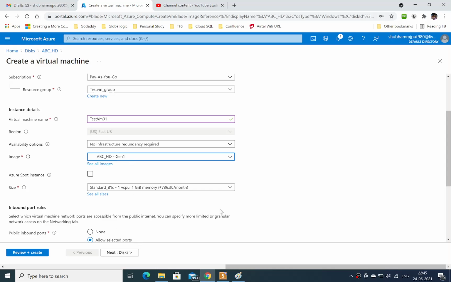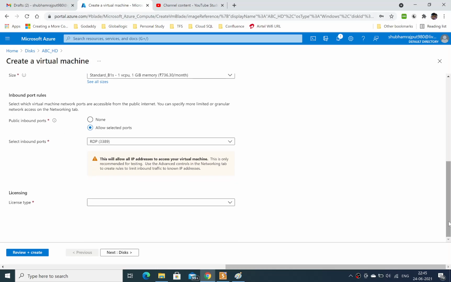The next options are similar to what we have already created. Windows Server or Windows Client, you can choose anyone. So just review and create.